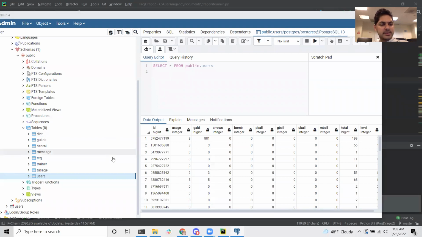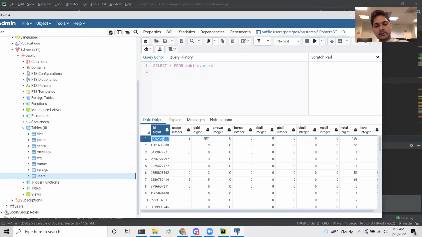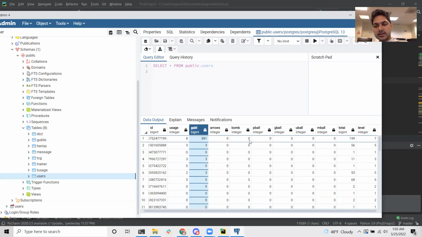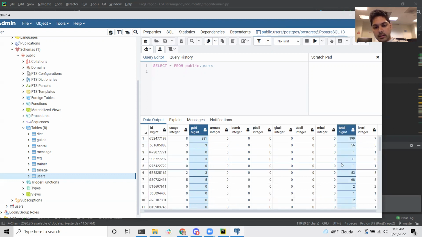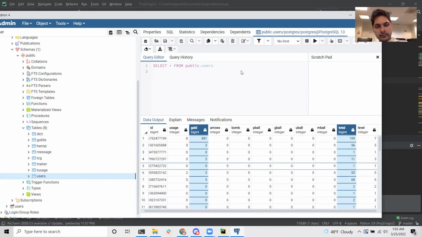So this is my users table, and this table stores everything about the user. I have the Discord ID. Usage is how many, I don't see total. Oh, total is right here. That's a lot of numbers.